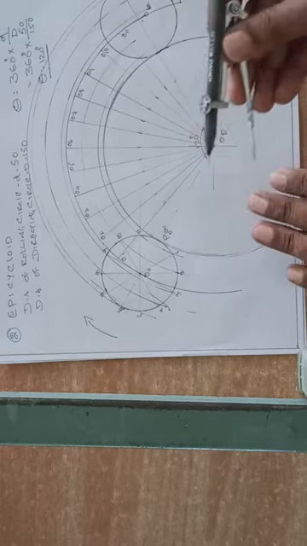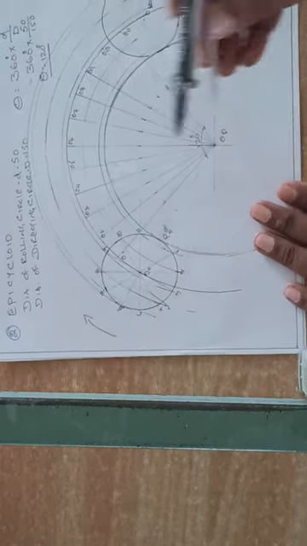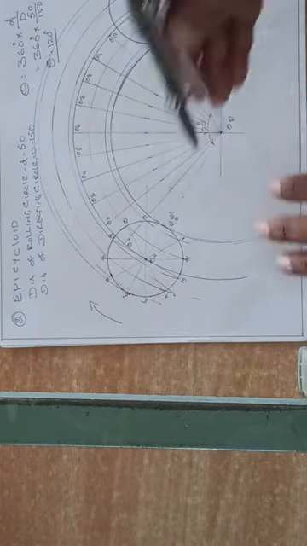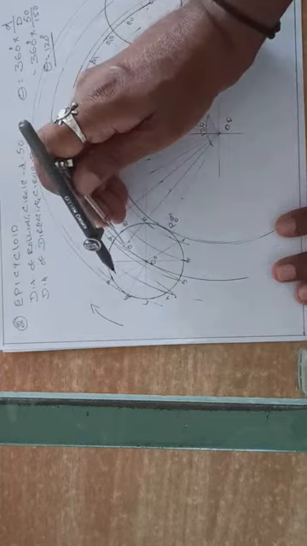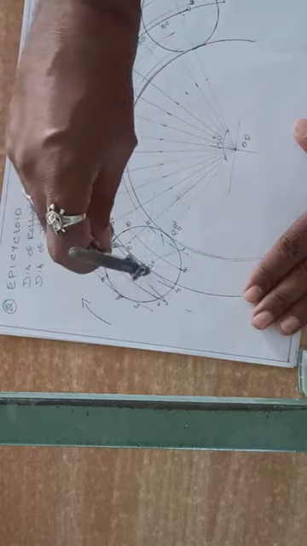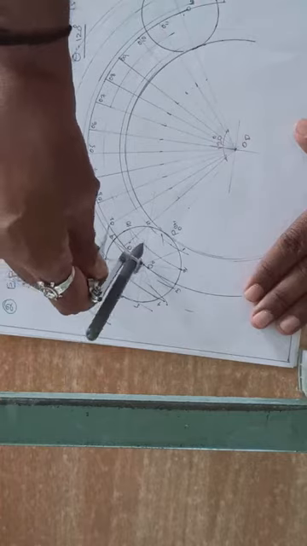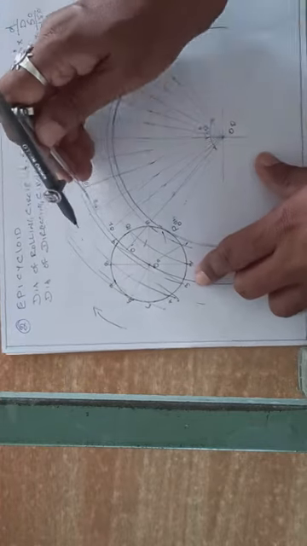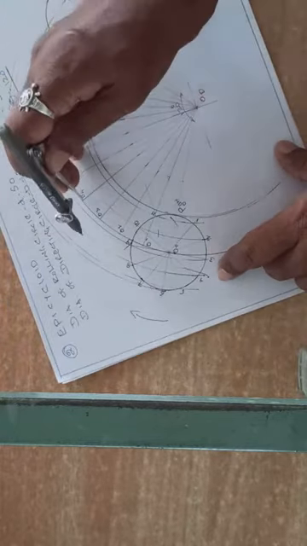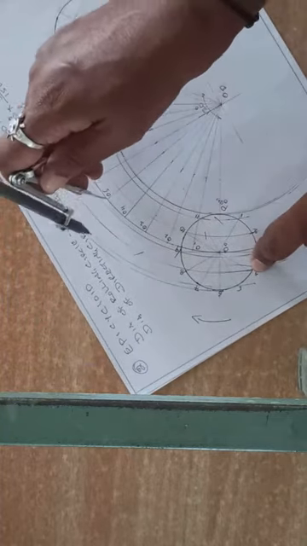Okay. Now the second part, you have to cut the arcs. Now to cut the arcs, take the rolling circle radius as radius. Listen, rolling circle radius as radius. With O1 as center, cut the circle passing through 1, a part of the circle. Then O2 center, the circle passing through 2, then O3 circle passing through 3, O4 center, circle passing through 4, O5 center, circle passing through 5.